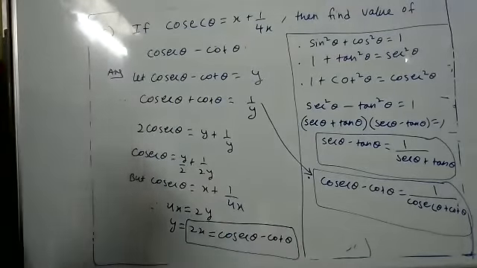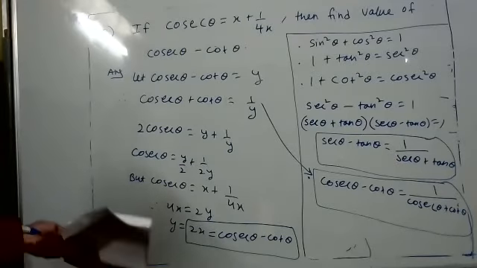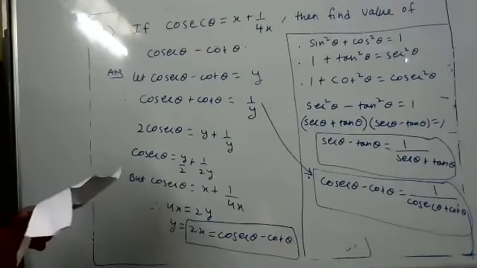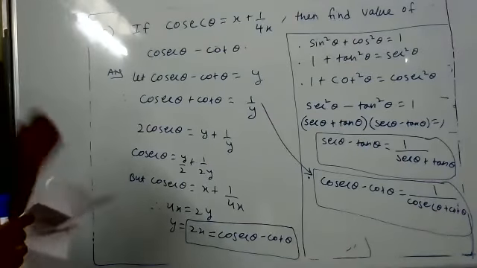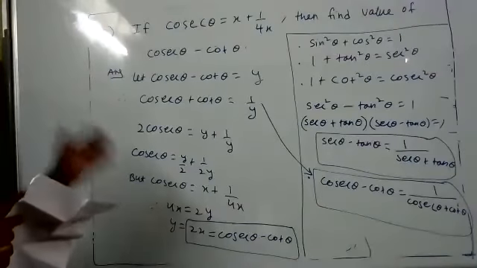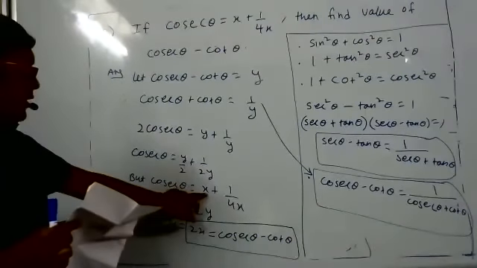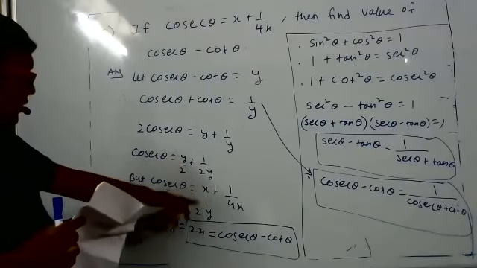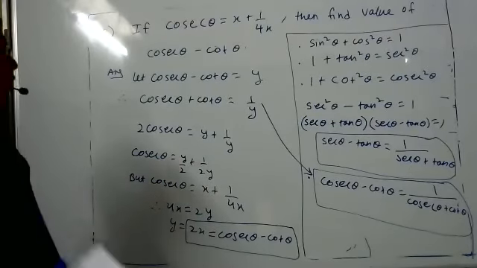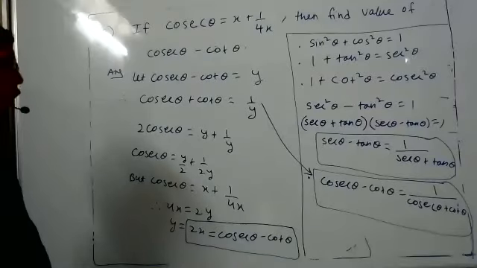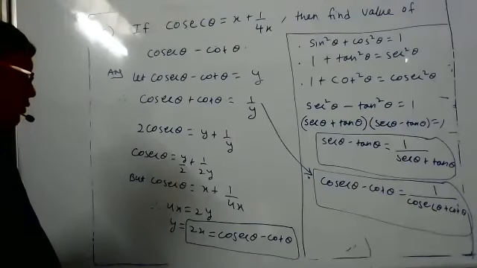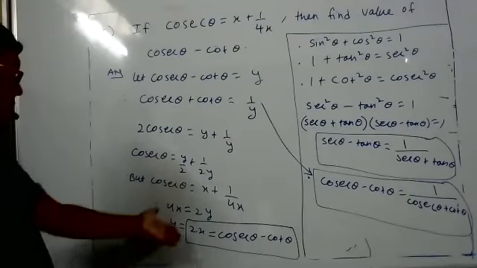No, sir. We got 1 by 2x. Yeah, we got 1 by 2x. Sir, I got 2 answers. You usually will get two answers, you're saying? Yes, sir. Okay, then both are correct. Some students got 1 by 2x and some students got 2x. Sir, I am getting only one now.